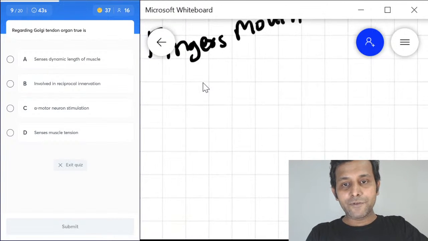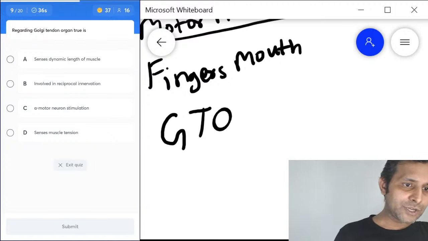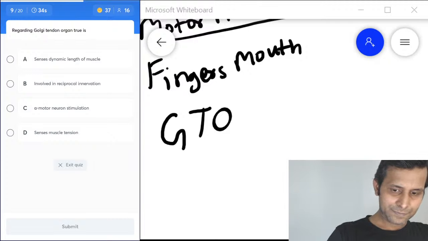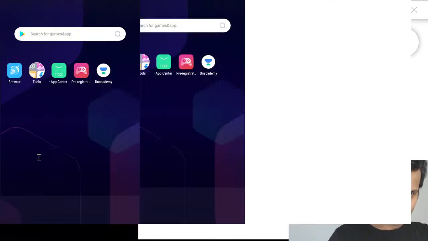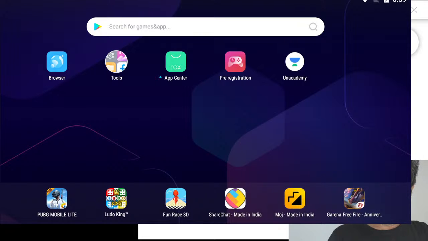I'm asking one question here. GTO is supplied by which nerve fiber? Yes, GTO is supplied by